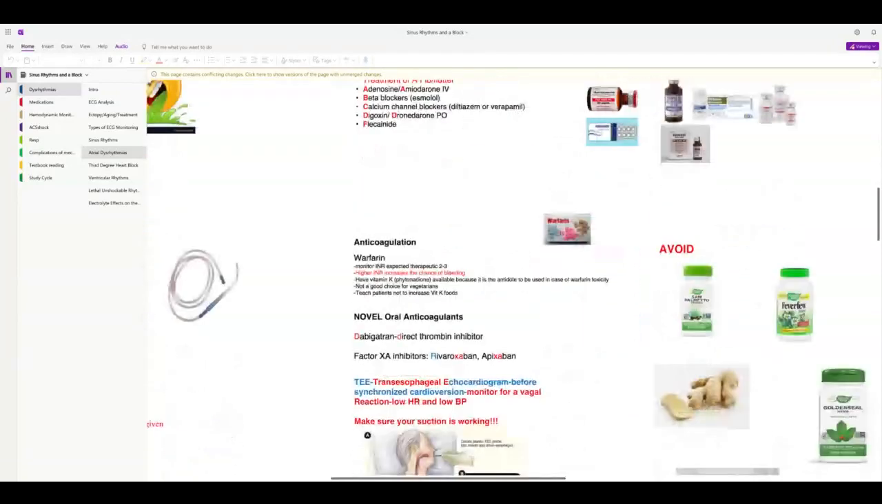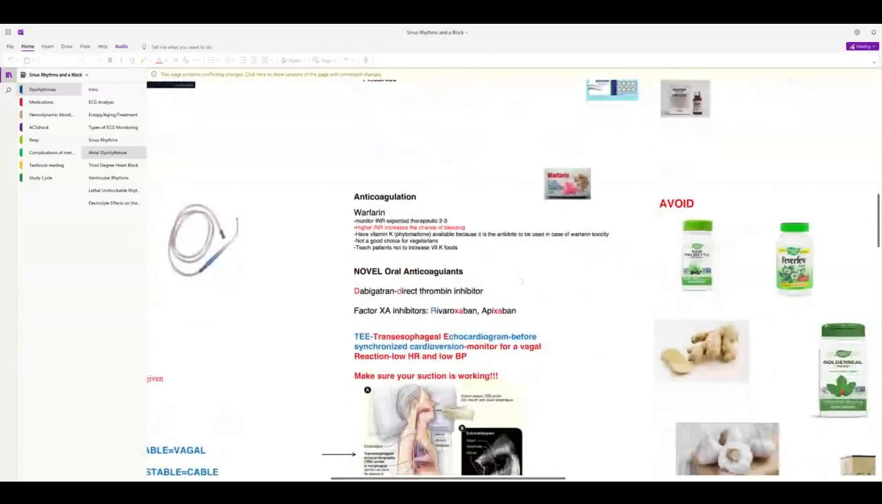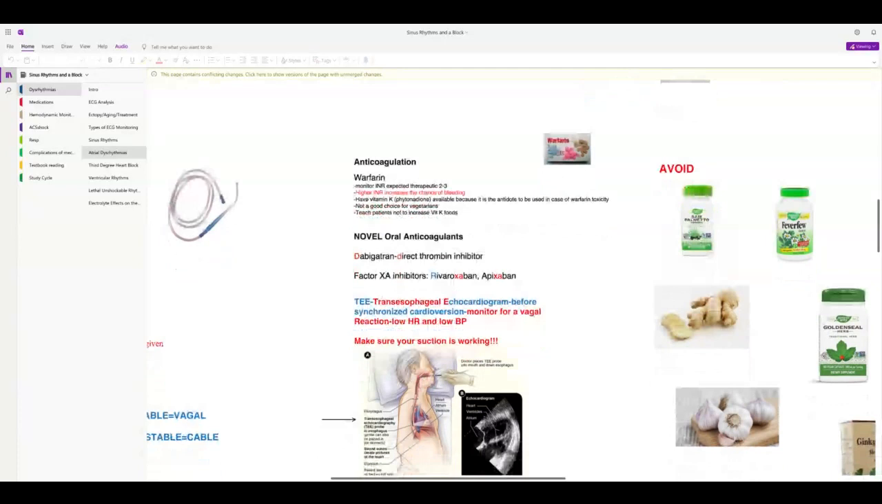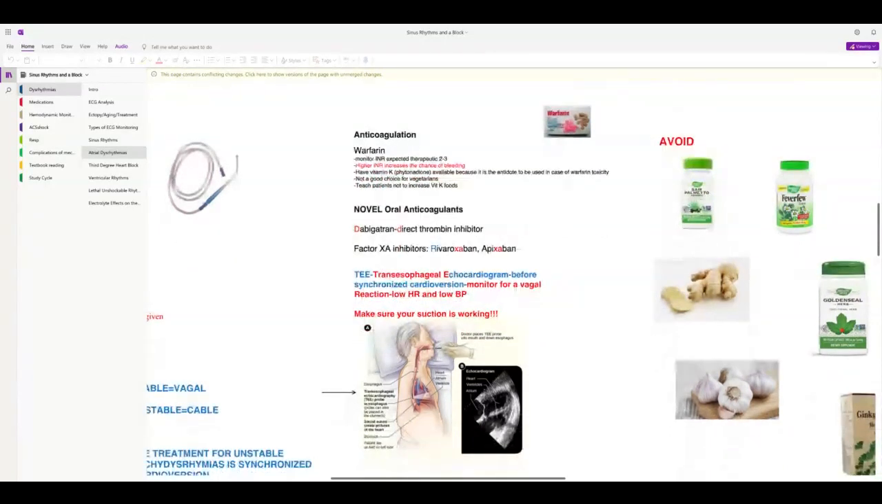Okay, anticoagulation. Remember with warfarin, we monitor the INR, and we want the INR between 2 and 3. The higher the INR, the greater the chance of bleeding. So make sure you have vitamin K available, because that's the antidote. And teach patients not to increase eating green leafy foods, okay? And look at this other name for vitamin K. You're going to need to know that. There are novel oral anticoagulants, and the benefit of them is you just don't have to test,